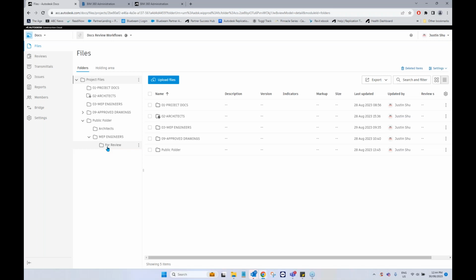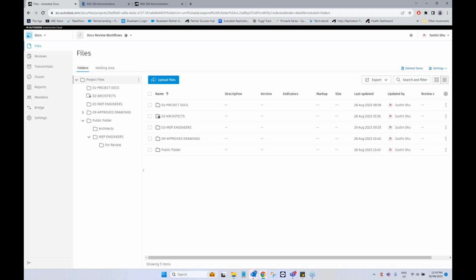Then you can be sure that the architects get to see the actual drawings you're trying to get reviewed. Because if you send the drawings directly from the MEP engineers' folder, when the architects don't have access to that, the review will still be created. But once the architects click into the review, they just see blanks, because they don't have access to that folder. So this is why I also wanted to show everyone this cross-organizational review workflow. So that's pretty much all we need to do. Project admin versus project member, also internal versus external review, and that it's all done through this public